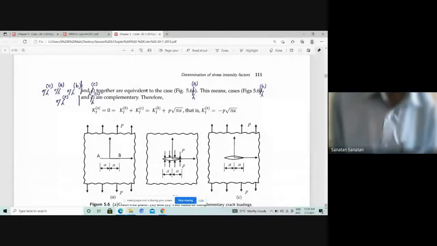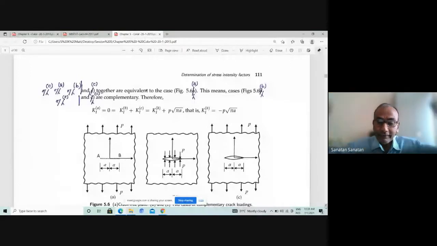Okay, so we'll see this case, how it is a cunning way of getting the solution. You want to find the solution for this problem, knowing the solution for this, or alternatively, you want to find the solution for this problem, knowing the solution for this case. How can we do it? Now I consider a problem which has no crack, and therefore I can write for sure that this problem is nothing but these two problems. One is trying to open the crack, another is trying to close the crack. So if I know the solution for this case, I can find the solution for this case very easily.